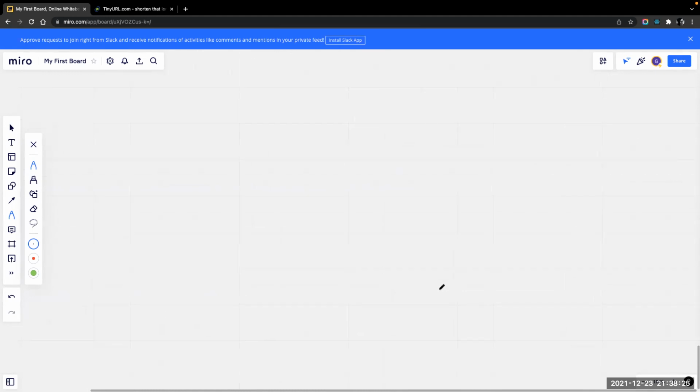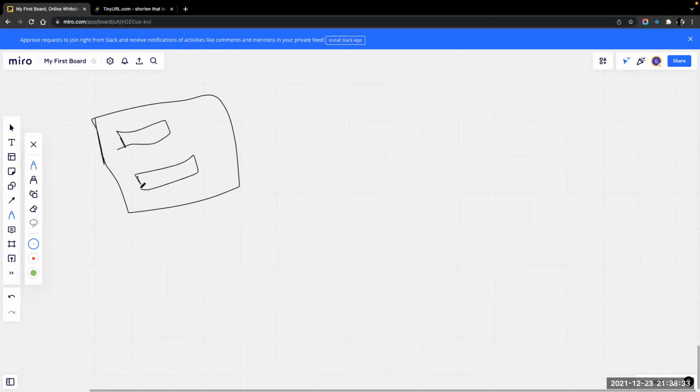Let's say the developers have created a tiny URL website where the user comes in and pastes a URL here. Now this will make a call to the server once the button is clicked. This is a submit button. So we have a server here.